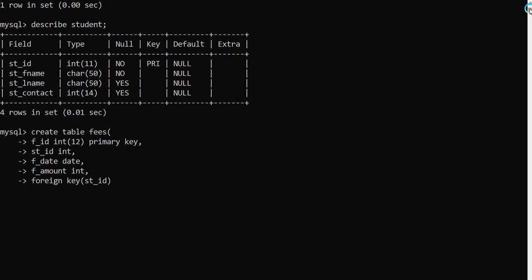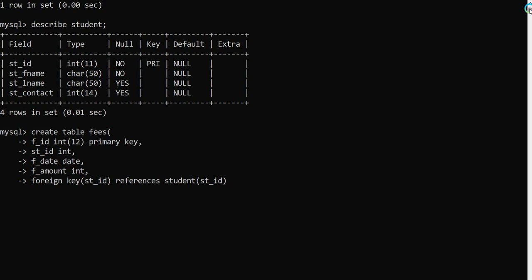If we have more than one, we can do that also, but here we have only one, so foreign key student id, and then we have to write references, meaning which table we are going to link. So we write references, then the name of the table, and from this table which column you are going to reference as the foreign key. Here the name of the table is student, and we are using student id as the foreign key.